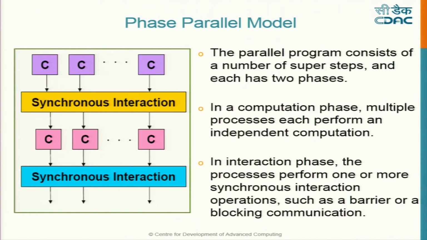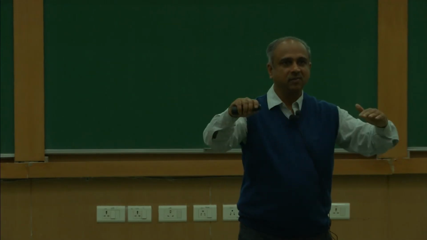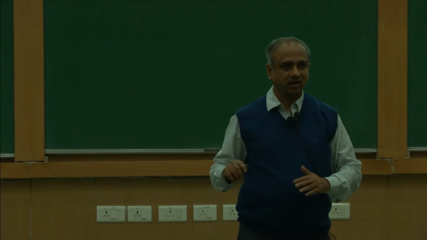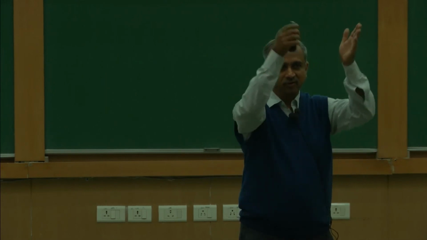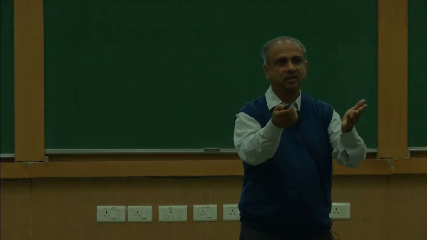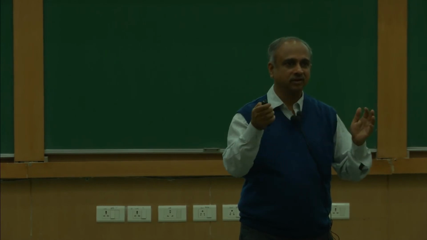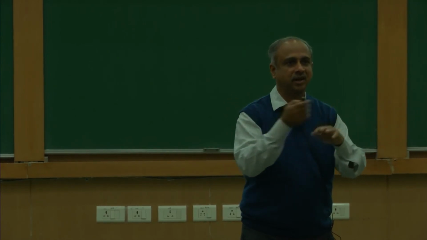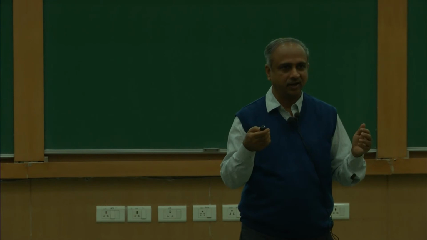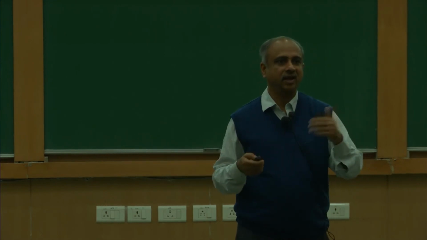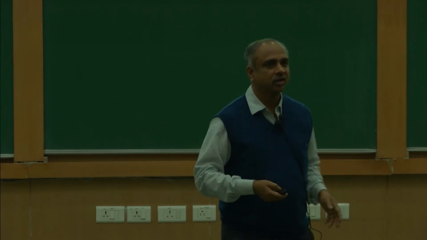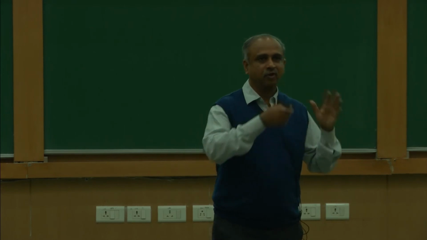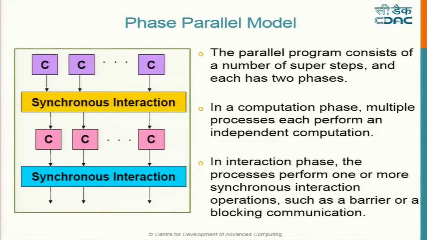Here data is exchanged, everybody comes to the same level, and from there they again start. I hope you are getting this. You divide the task into independent tasks, then at one point they exchange information: I am okay, you are okay, this is the data I have for you, give me your data. Then again they work on the data that has been exchanged. Remember that for a given problem, one of the models will be best suited, so you have to choose it at the beginning, when you design the algorithm.